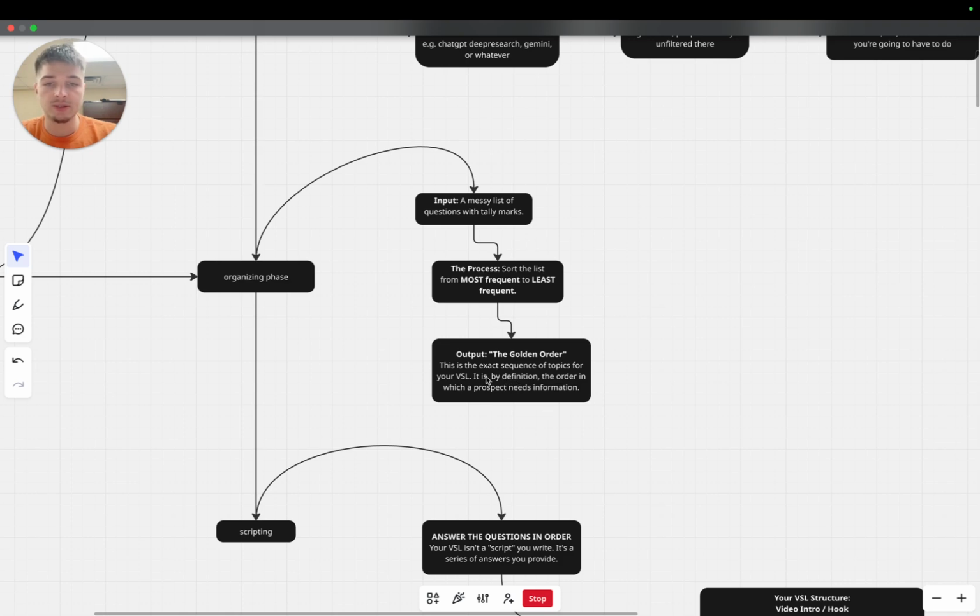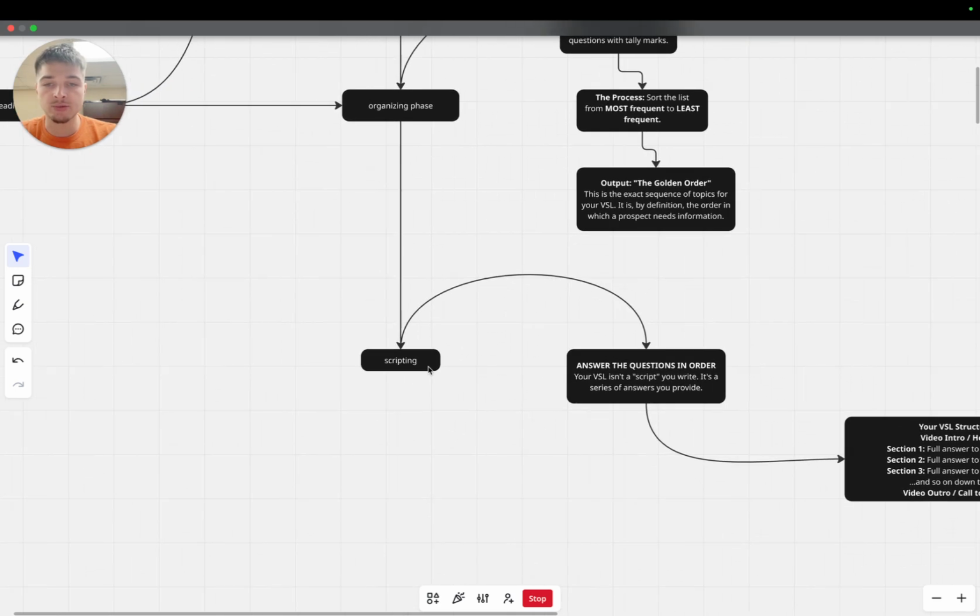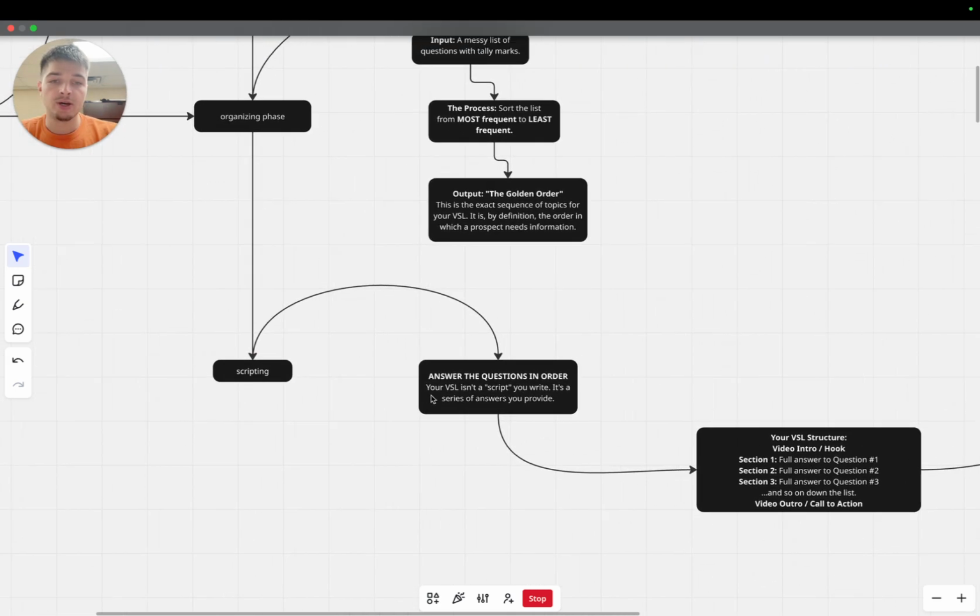And then, like I kind of wrote here, it is by definition the order in which a prospect needs the information to be supplied to them in a video sales letter, and it's how you're going to lay out your entire sales argument. So now getting into the actual scripting process. In the actual script, you're going to be answering the questions in order. So it's less so a script, and more so a series of answers that you provide in video form